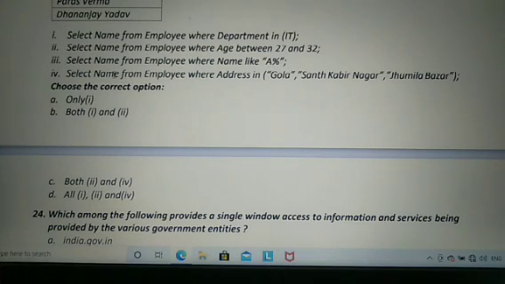So option A only first, option B both first and second, option C both second and fourth, option D first, second and fourth. So the right option is option D. You can use any of the commands from first, second or fourth.